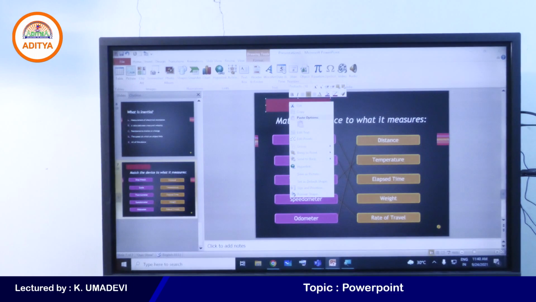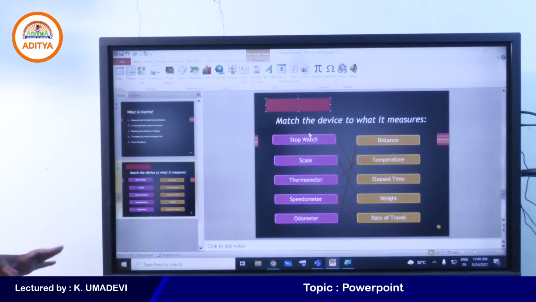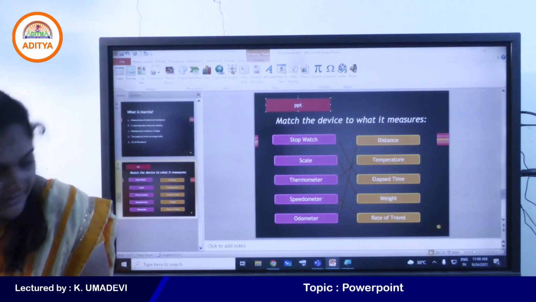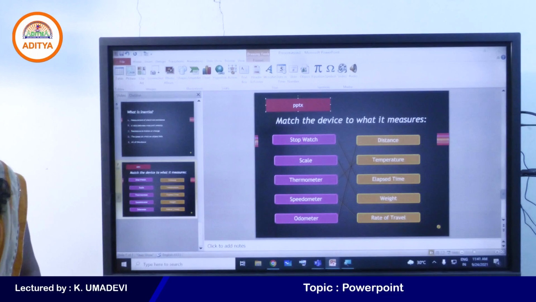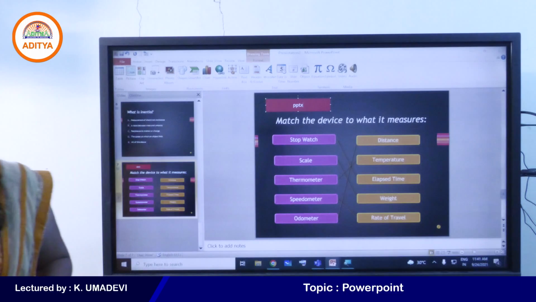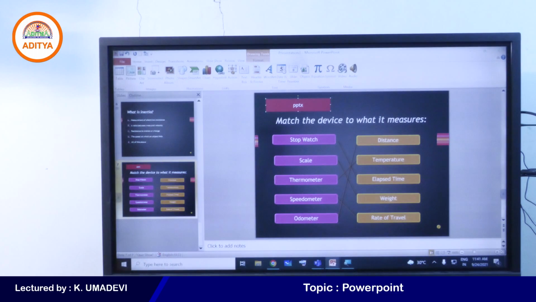If you want to add text, simply right click on the particular box and click on edit text. Here I would like to enter PPTX. And simply you can connect all the boxes with arrows. Clear, Satya? If you want to change the color of the box, simply click on that box.